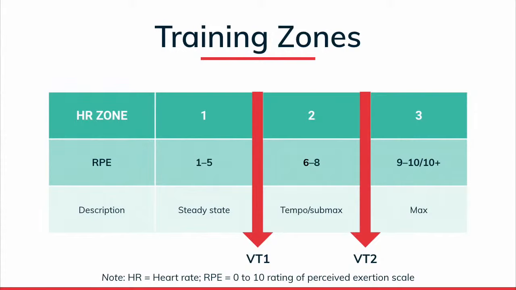And the terminology here, the description, I use the term steady state or endurance. I don't like the word easy, so it's not easy training, it's steady state training. It's training that a client can perform for a relatively long period of time, maybe even 2 or 3 hours. The tempo training, one's ability to be in that zone is much shorter. And when we're near max or maximal training, that's very short, probably under a minute that we can stay in that maximal effort zone.